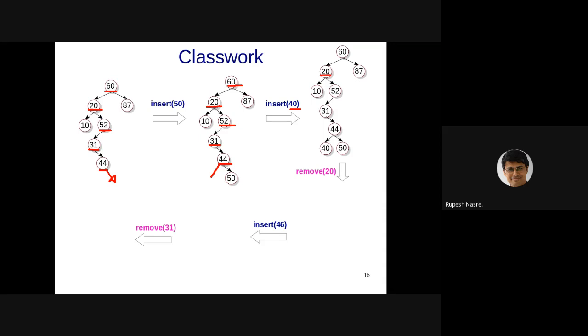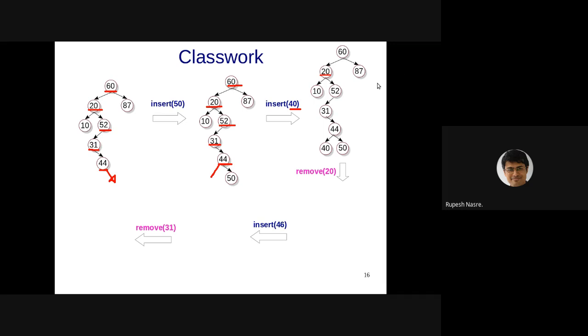Yeah. So it has to be the largest in the left subtree, which is 10, or the smallest in the right subtree, which is not 40. It happens to be 31, right? So that's an important point: the smallest in the right subtree or the largest in the left subtree might not be a leaf. But we know that it cannot have a left child if we are talking about the right subtree. Okay, so that sounds good.